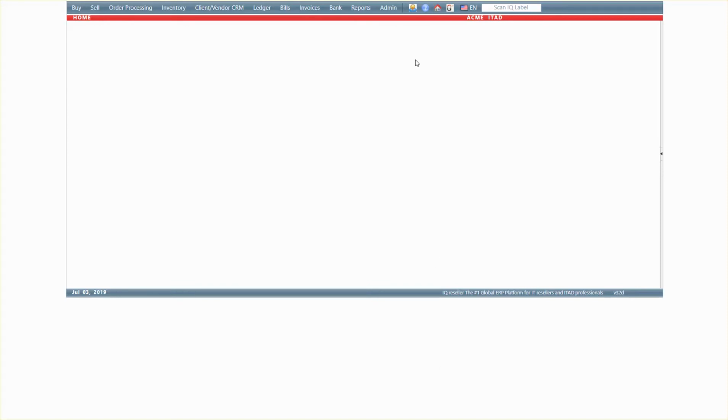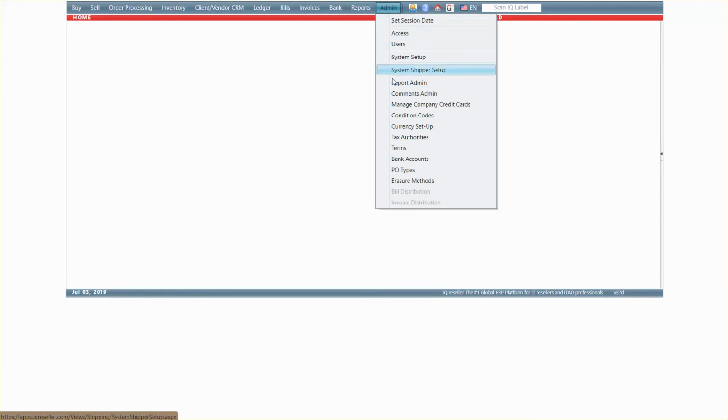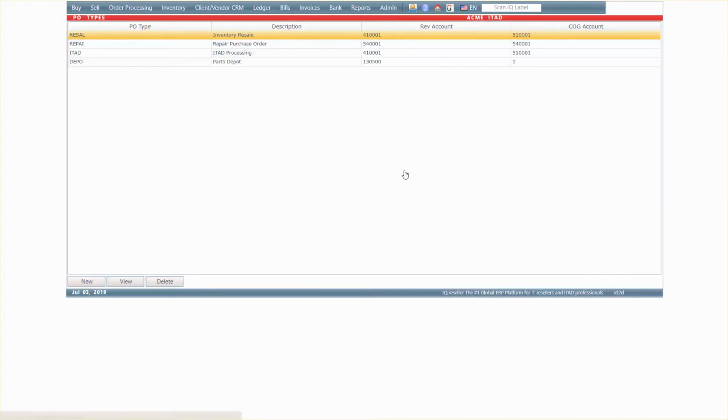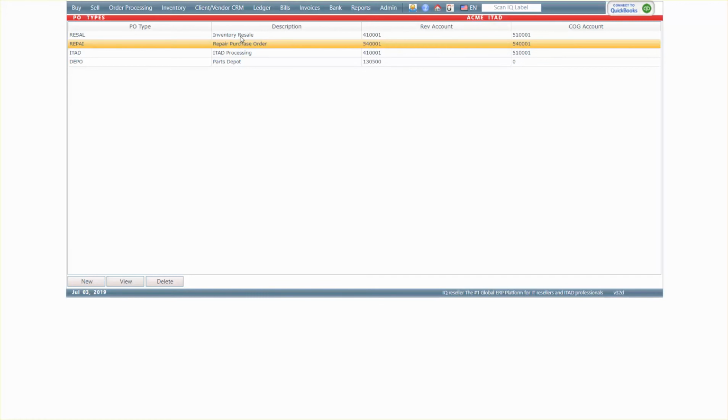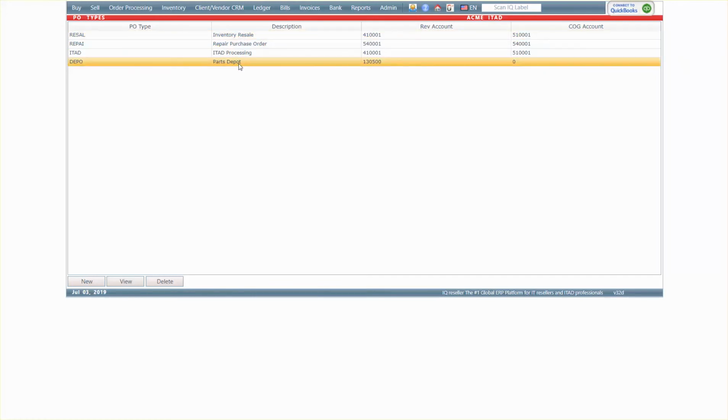If we mouse over the admin menu, we have a variety of different options. A couple of them include erasure methods and PO types. PO types allows you to basically give yourself different categories for different types of purchase orders so they can go into different revenue and cost of goods accounting. So here I have an ITAD PO type that I've designated for my cost of goods and my revenue to go to. So you can go ahead and create one of those in order to have a separate purchase order type. I've also got repair purchases or inventory for resale or parts depot, depending on what I want to do